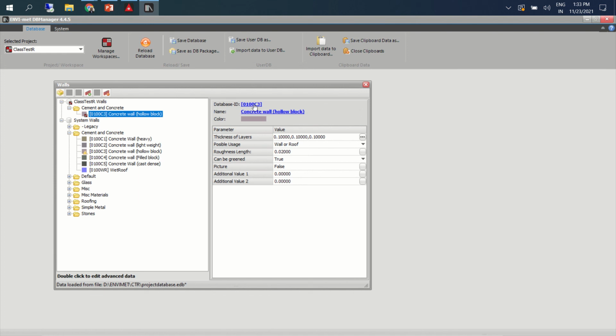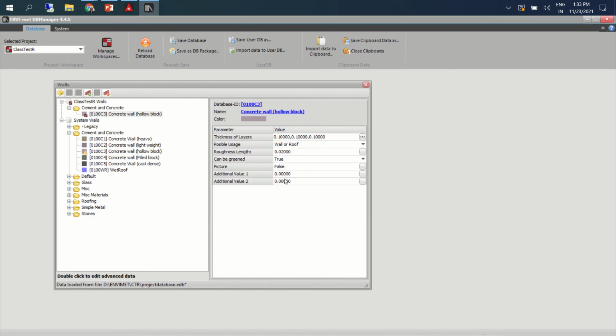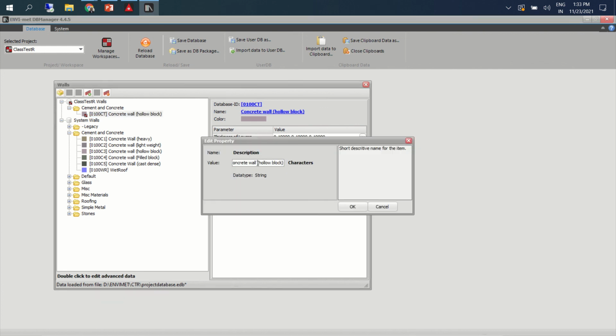So as soon as you make a copy, rename it based on your requirement, otherwise there will be errors in your simulations. Why? Because there are two materials and you are actually overwriting the original material. That should not be the case. You can have, let's say, this as the wall material for your project.